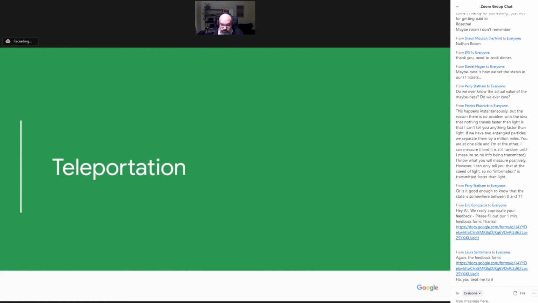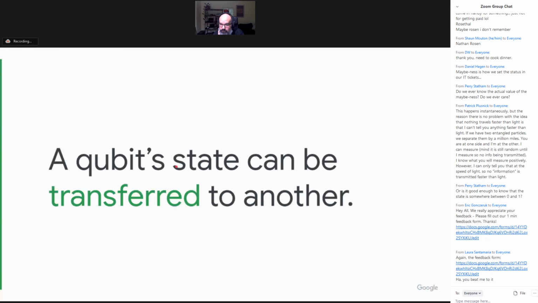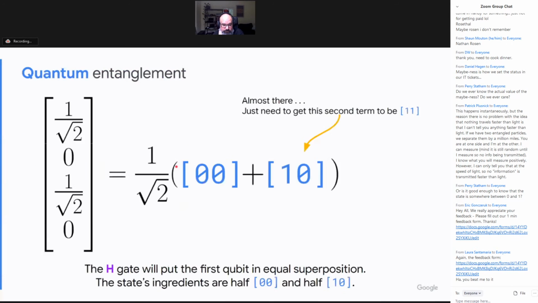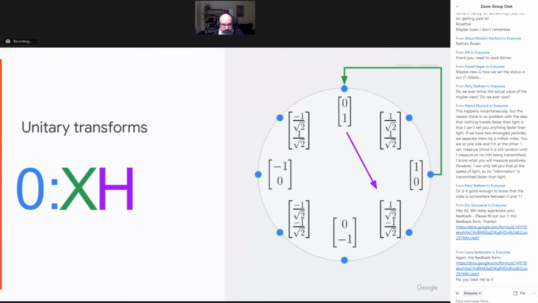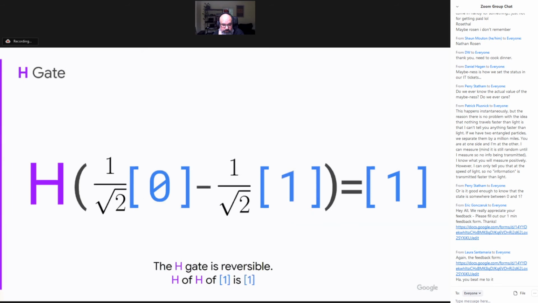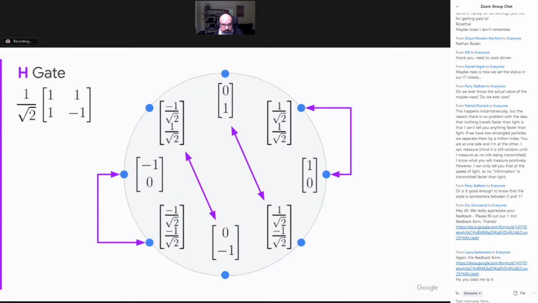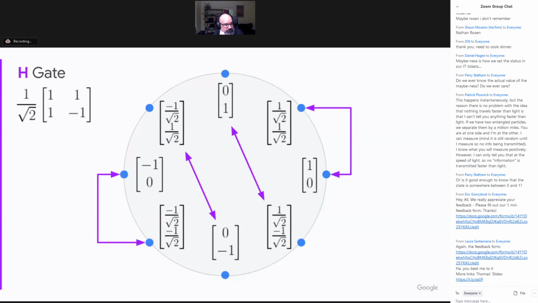So Perry was asking, do we ever know the actual value of the maybiness? Do we ever care? And the answer is emphatic yes, we do. We do know about the maybiness. The H gate is determined. And we get into this mode of thinking with quantum mechanics that is so probabilistic. Now, it's a little fuzzy,